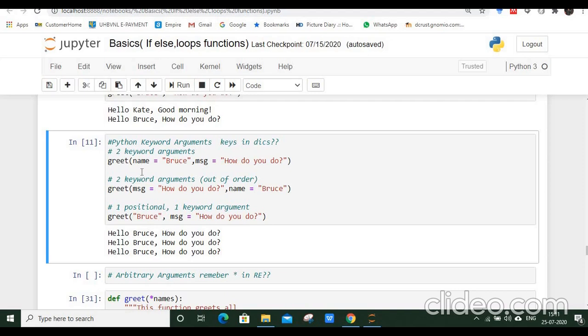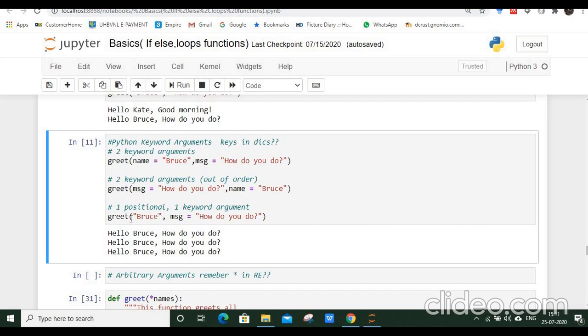Though I'm passing the values in a different order, or the positions have been exchanged, we are still able to trace the values of the particular parameters. So in this way we can pass the keyword arguments to the functions in Python, and we can also have a mix of positions and these keyword values.